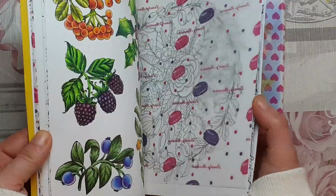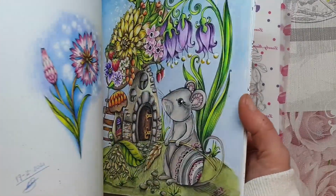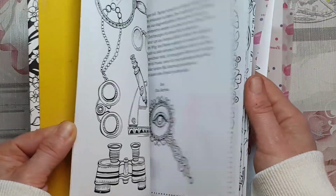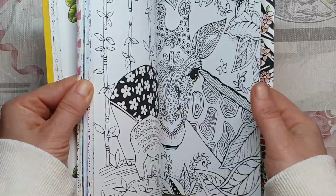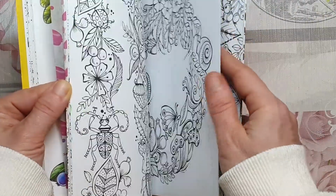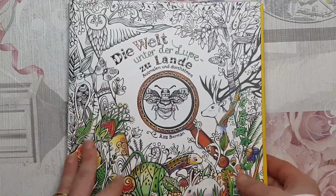It's amazing how you forget what you've colored. I totally had forgotten about those ones. I think that's it. Let's go through it again, just to make sure. Yeah, that looks like it. So that is that. Right, then